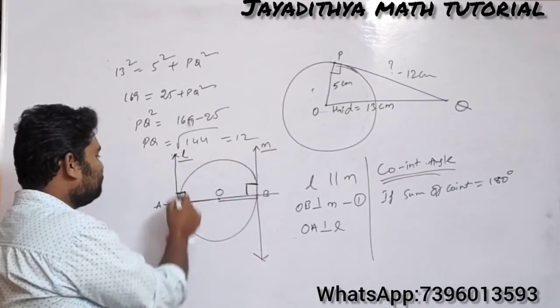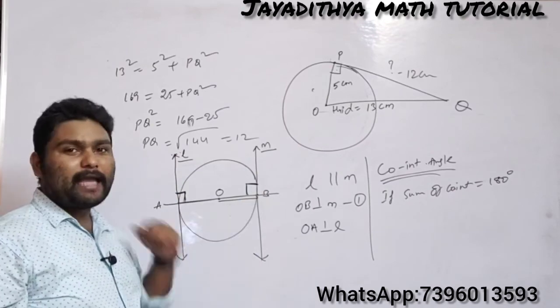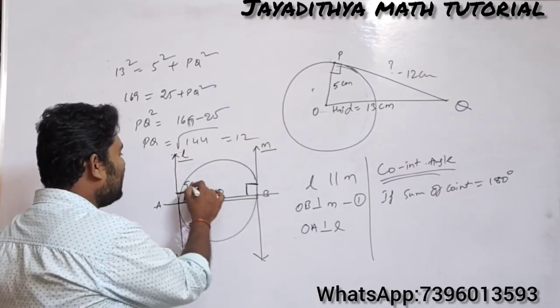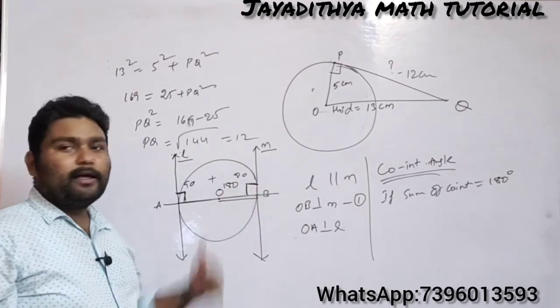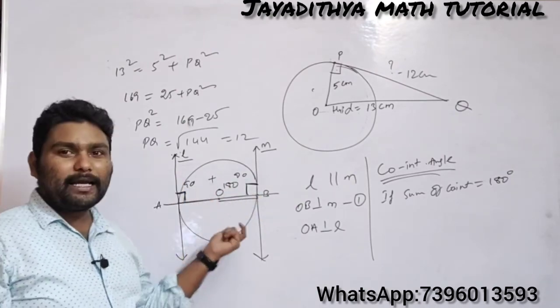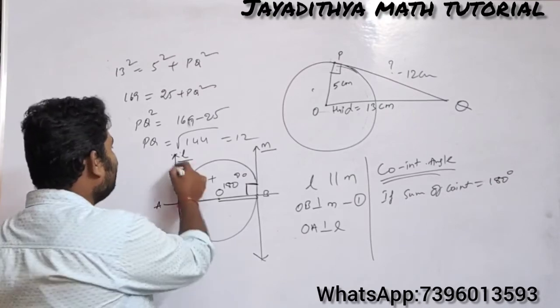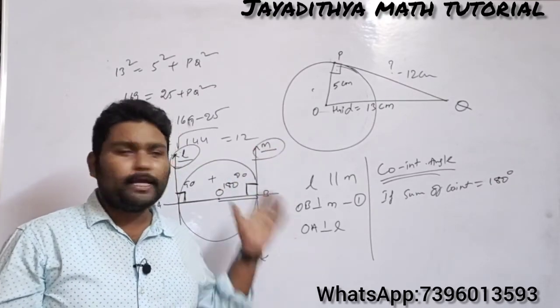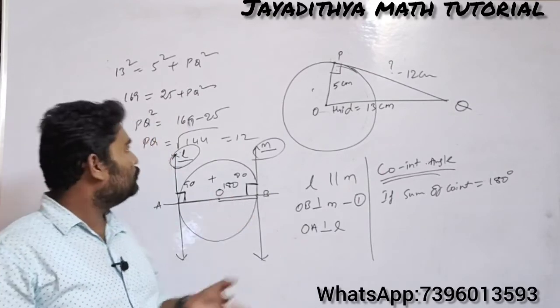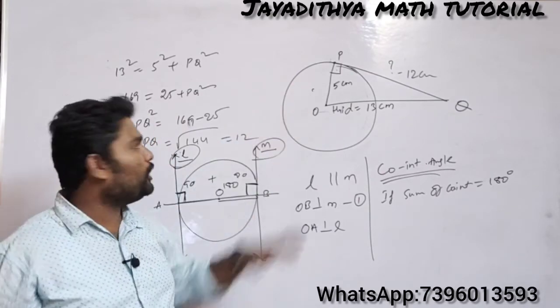So if you observe here, the angle A is 90 degrees and angle B is 90 degrees here. If you add both, it will be 180 degrees. So you can say that sum of co-interior angles is equal to 180 degrees. So what can you conclude here? So you can conclude here L is parallel to M, hence proved. Okay, so this is a simple problem. You can do it. Mostly the main important problem is this one.